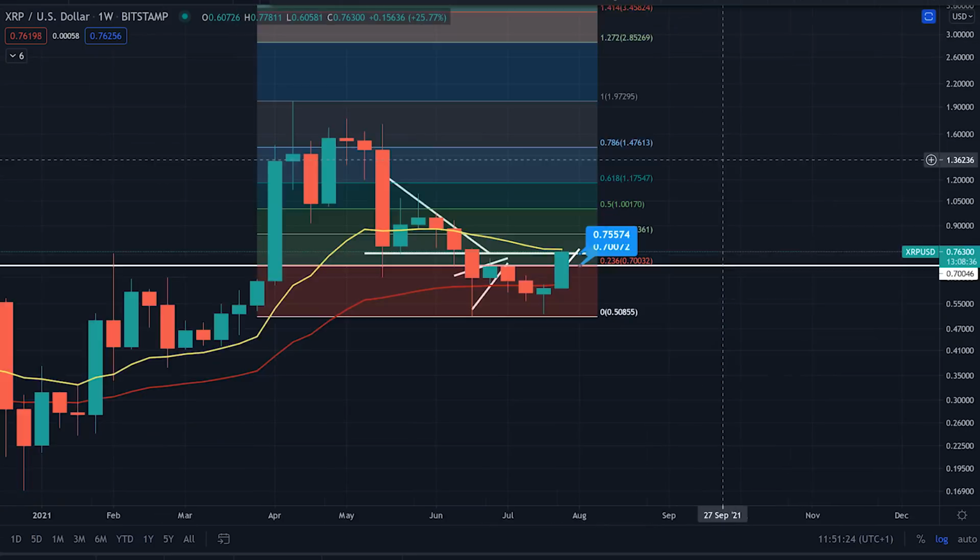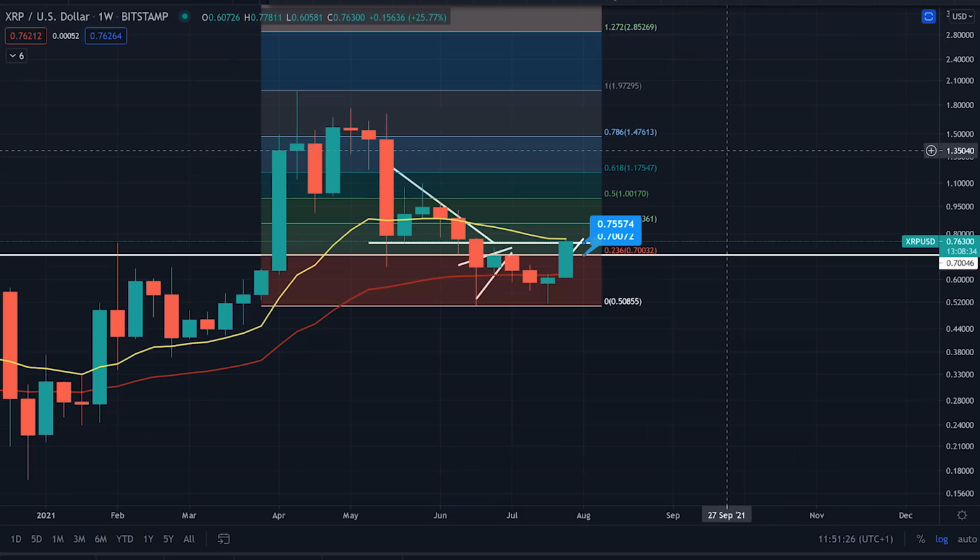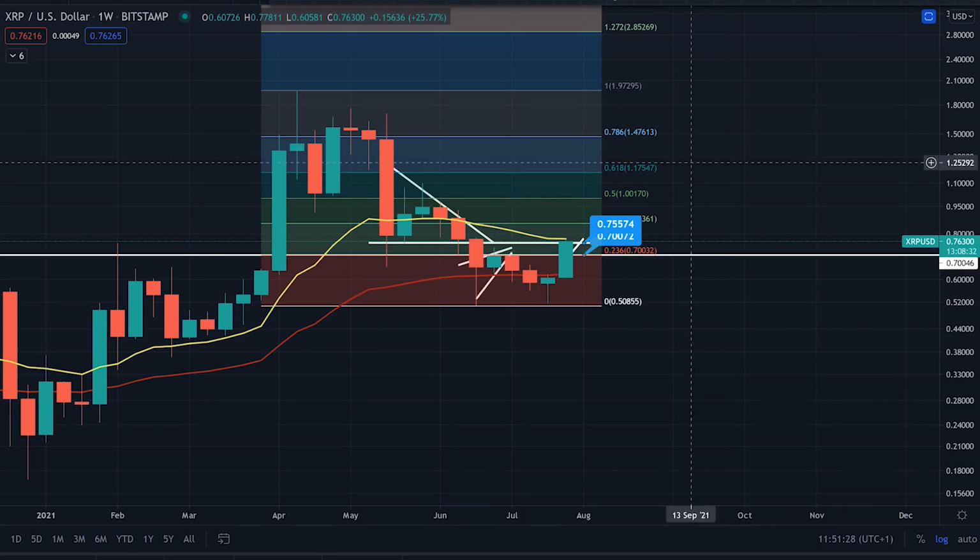Okay, so right now XRP is doing really well. It's looking really strong and really beautiful. Just straight off the bat, you do need to see XRP get back above the weekly 20 EMA. Okay, if you're not already entered into XRP and you're looking for a confirmation bias, then getting back above that weekly and holding it as support is absolutely invaluable. Okay, because it means that you're entering an uptrend basically on the weekly time frame, which is of massive significance